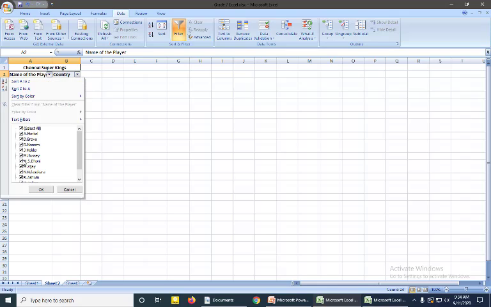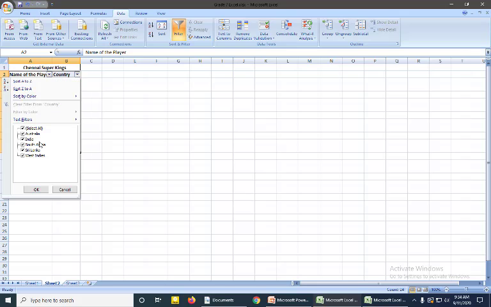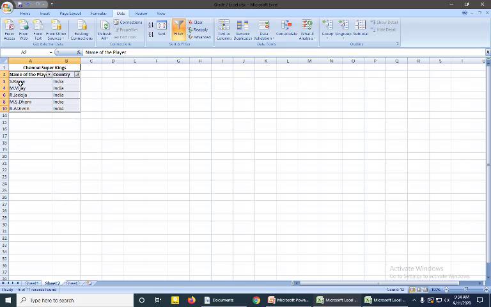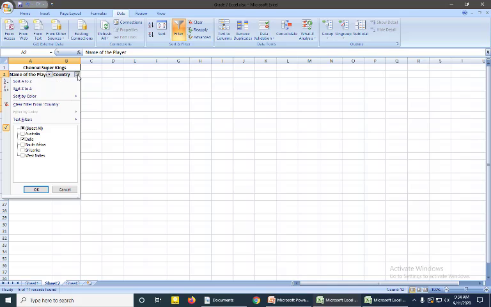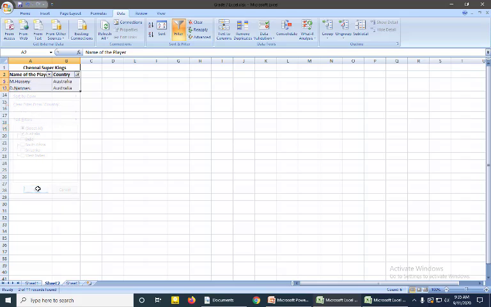Whichever players you want, you can click, otherwise country wise. See here, select all, everybody is selected. I'll deselect everyone, click only India and click OK. See, only the players of India will be displayed. In the same way, I'll click on Australia and click OK. See, only 2 Australian players are there. So we can filter the data as we require.